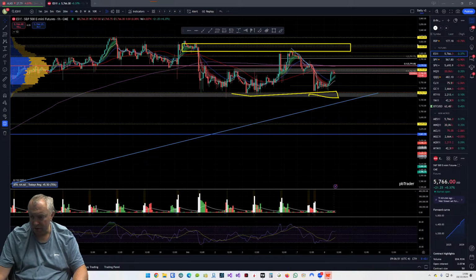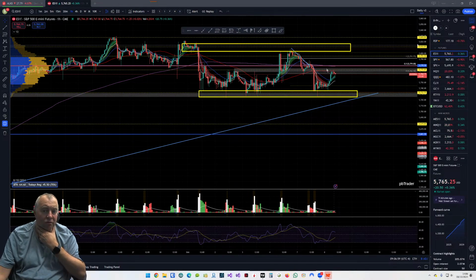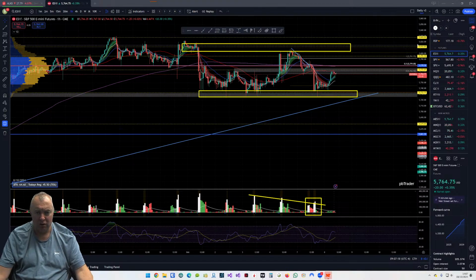Let's get the eraser, get rid of that, and put that rectangle back. So probably these are the key areas, and we're sitting in between right now. Tough one. We had less volume yesterday. In fact, we've had a decline in volume over the last few days, but price is going sideways. It's a tough one. The levels are not great. We've been here before, so we can only keep playing these levels until eventually they break down.